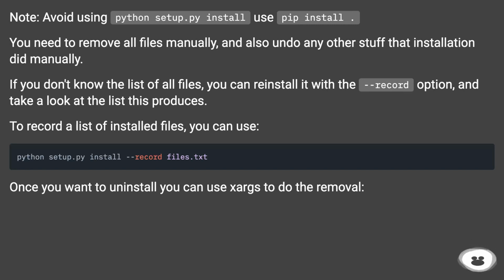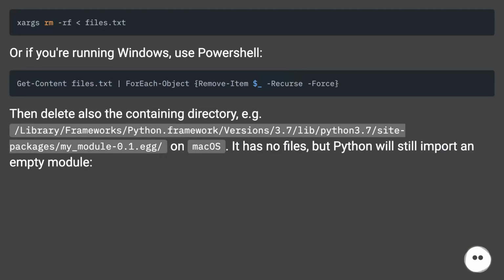To record a list of installed files, you can use this command. Once you want to uninstall, you can use xargs to do the removal. Or if you're running Windows, use PowerShell. Then delete also the containing directory, for example